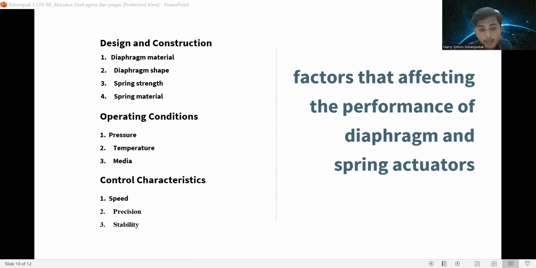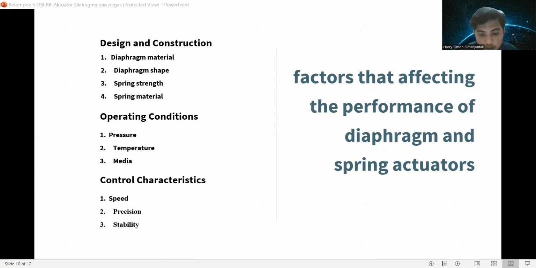Diaphragm shape. Diaphragm can have various shapes, such as flat, convex, or conical. The shape of the diaphragm will affect the force and displacement produced. Spring strength. The strength of the springs will determine the force required to move the diaphragm.